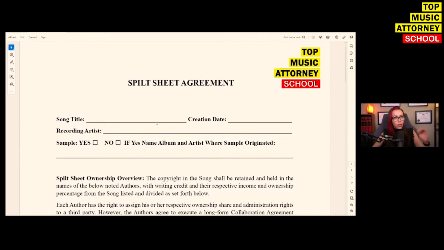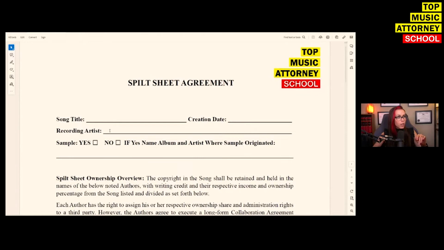So simple stuff. Song name, when did you make it? Okay, and what's the recording artist name? What's the name that's going to appear on the actual release? Okay, so for me, as a musician, I go by Miss Krystle. My music producer is that Orko. So when we do stuff together, I'm the primary artist, but we actually put him as a secondary primary artist so that his name shows up when you listen to some of our music on Spotify, let's say. So anyway, that's where you're going to put the recording artist or the primary artist names.